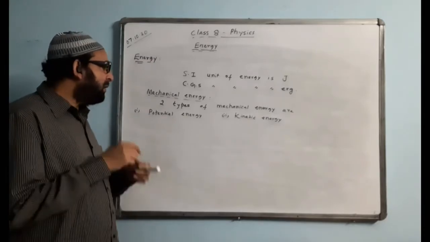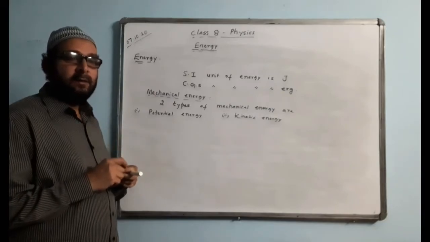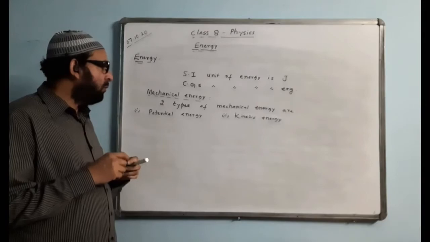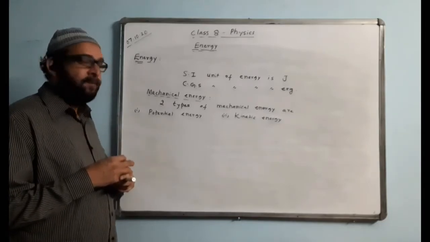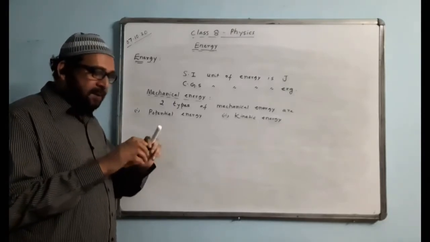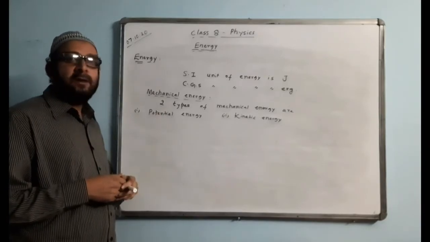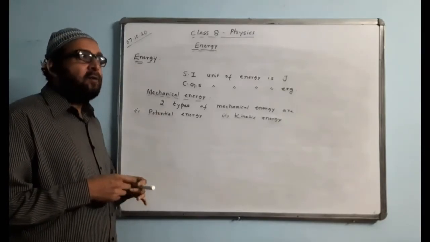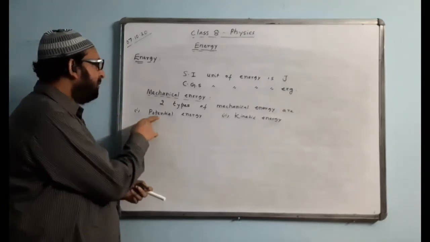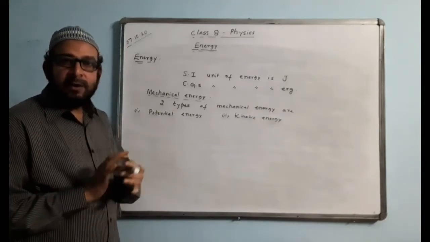So, how to define potential energy? We say it is the energy possessed by a body due to position of rest or configuration. Configuration means structure. It will have energy, and that energy is called potential energy. What is that energy due to structure? Like a twisted spring. In a spring, what kind of energy is there? We say potential energy, and especially elastic potential energy.